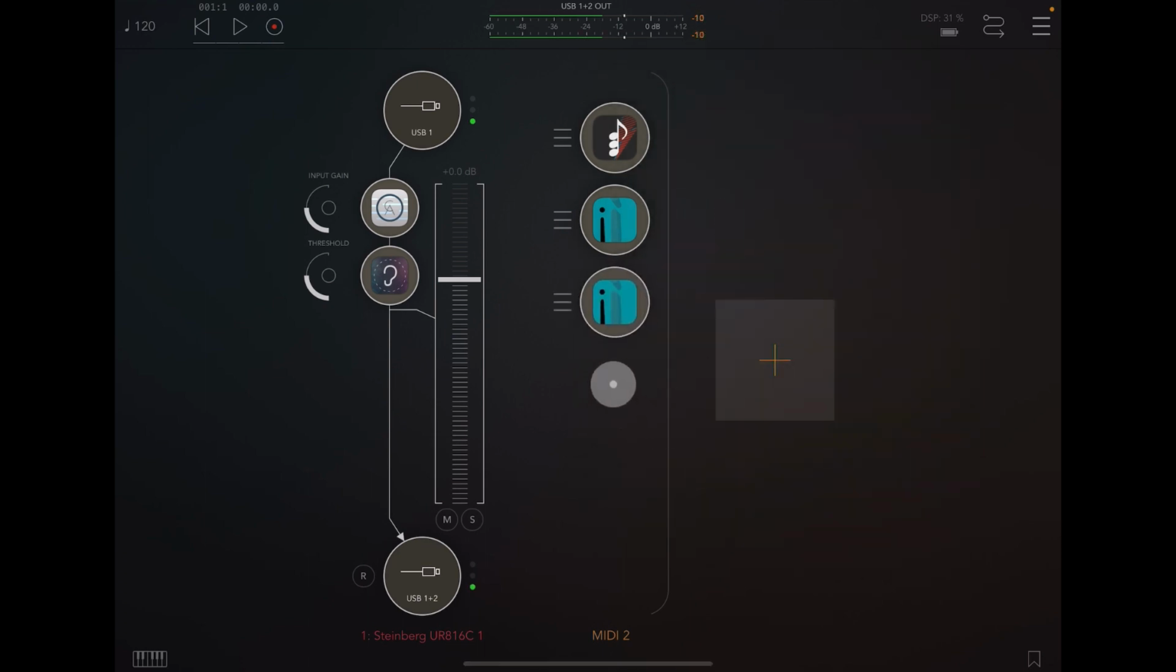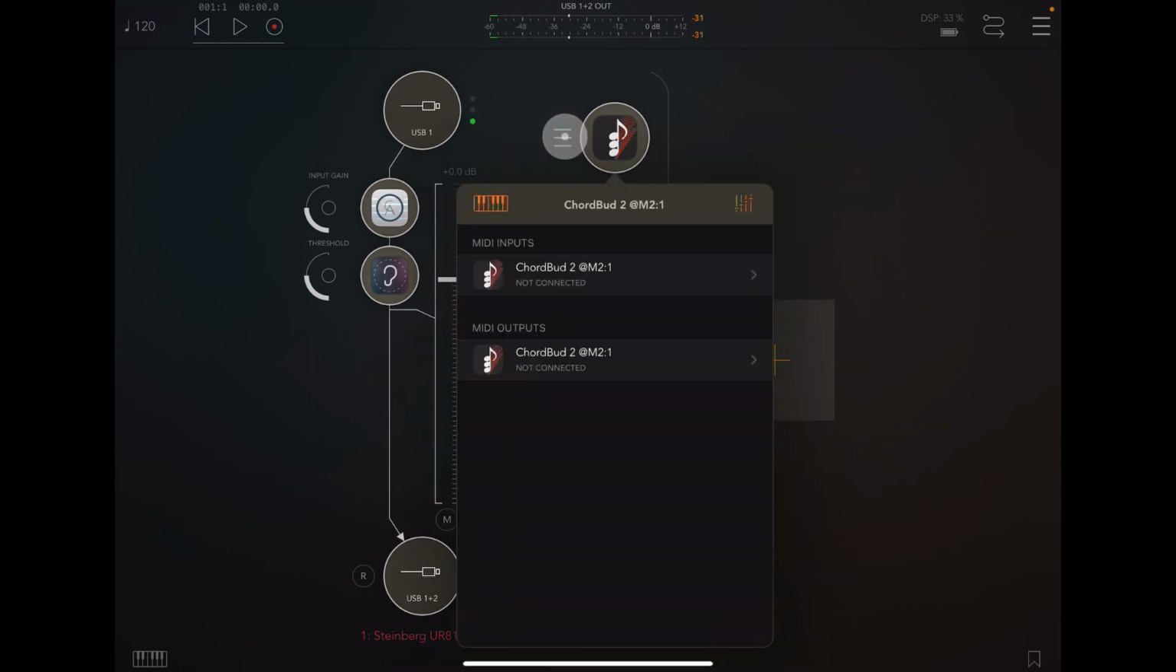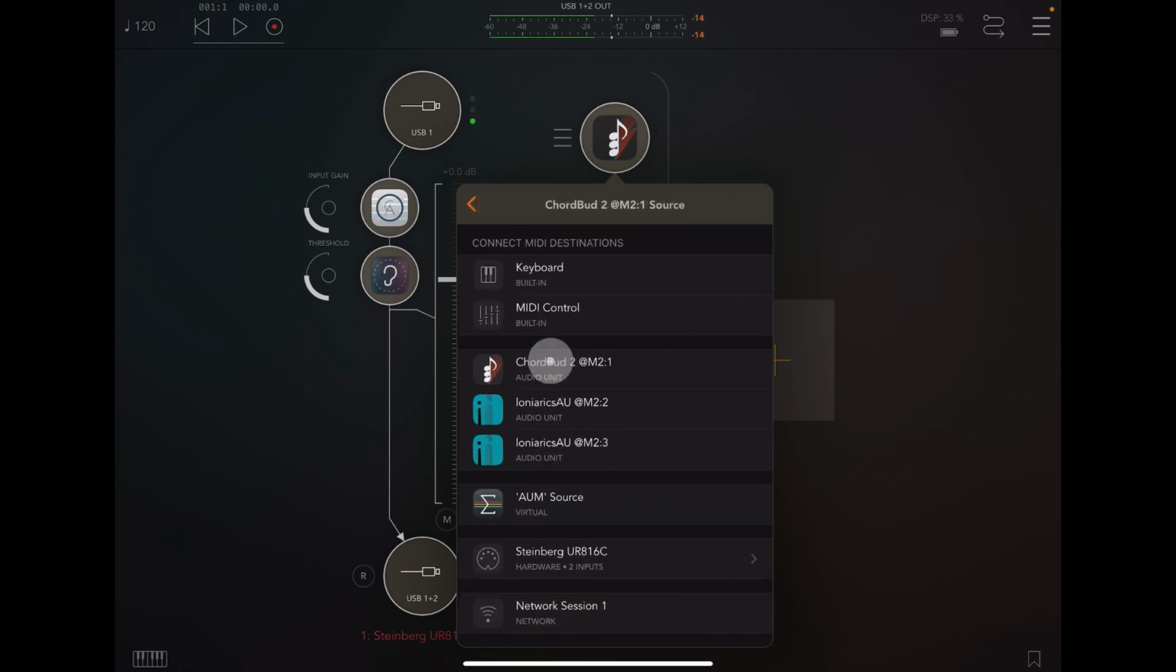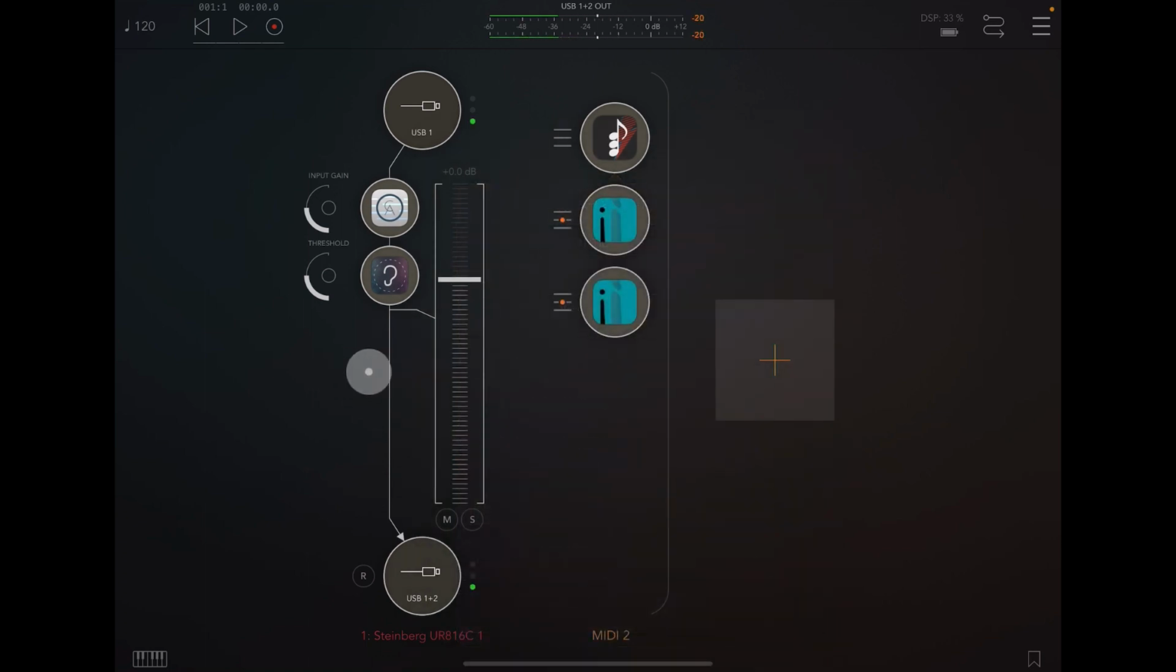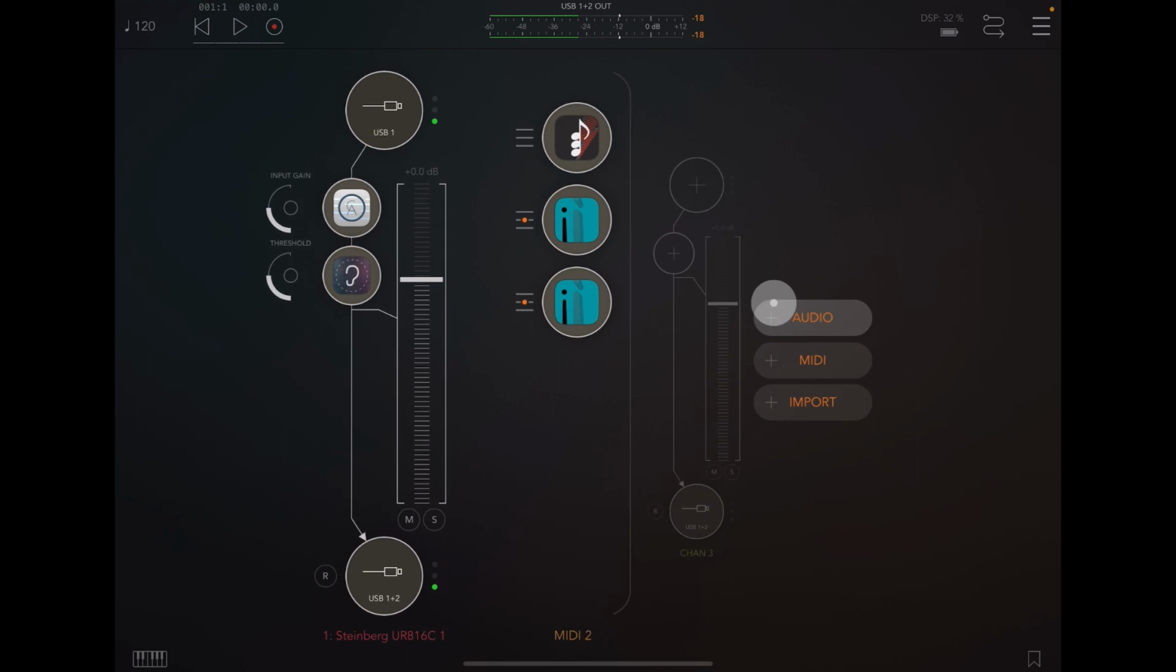Now, you could connect your IONIARICS to a keyboard, but I'm going to have chord bud go through these two IONIARICS, because that's hard to say. Right, okay, so we're going to tap on this here. And where it says MIDI outputs, I'm going to open this and set the MIDI outputs to the first one and the MIDI outputs to the second one. Okay. And then I'm going to add two